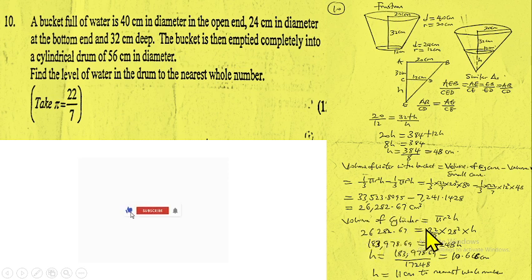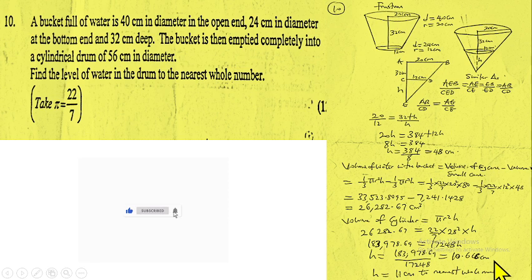26,282.67, equals pi, which is 22/7, multiplied by, from the diameter of the drum, you can know its radius. That will be 28, then squared, times H, which is the level of water in the drum. Then if you simplify, if you cross multiply, the 7 can multiply this, you have 183,978.69. Then 22 times 28 squared will give us 17,248 multiplied by H. We can divide both sides by 17,248 to get our H, and that should give us